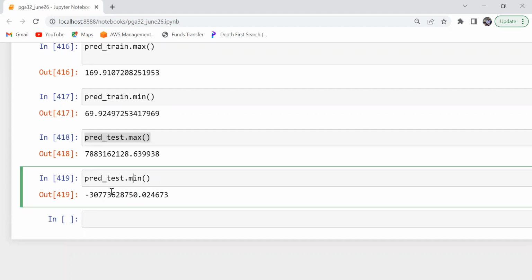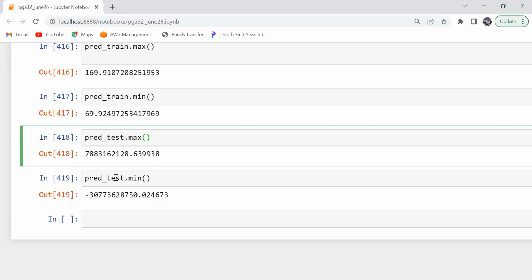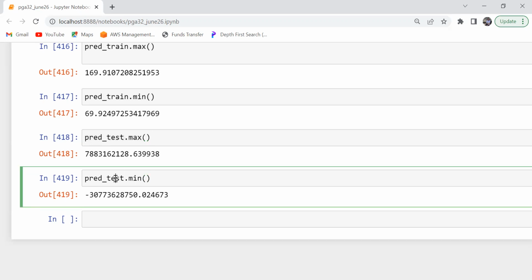So when you are taking your MAPE or when you are taking your MSE, the negative, there is no role of your minus sign. Square में भी minus sign हट जाएगा और MAPE में भी absolute values. So do you notice, since in your test data, the predicted values are very far away from your actual, that is why you are getting this problem. इस वजह से problem आता है, ठीक है?